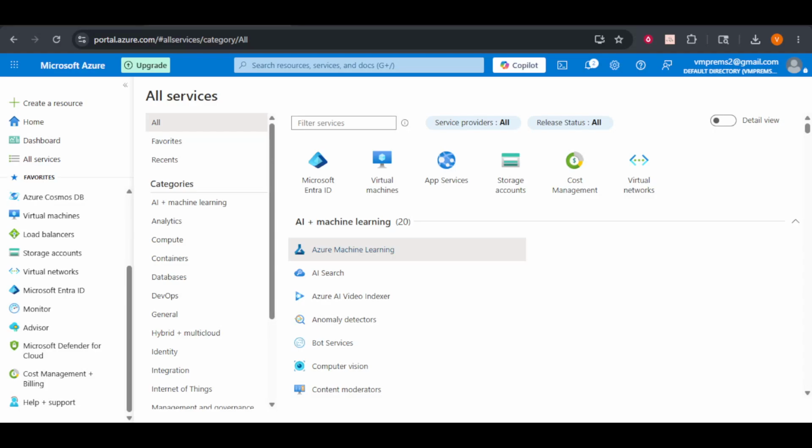Today, I'll show you how to take a disk snapshot in Microsoft Azure. This process is essential for creating a backup of your virtual machine's disk, ensuring that you have a reliable restore point in case anything goes wrong. So, whether you're a seasoned Azure user or just getting started, this guide will walk you through each step clearly